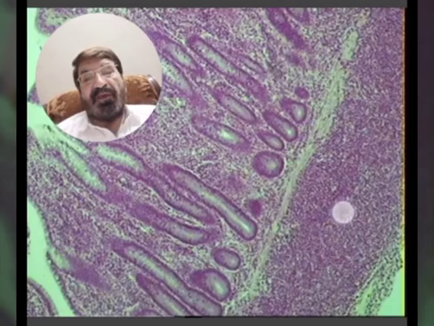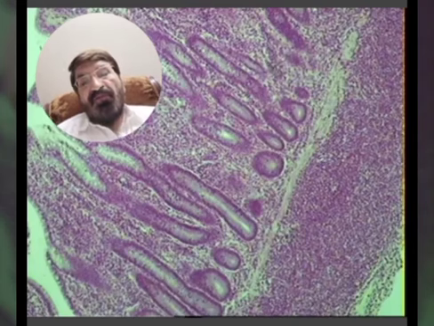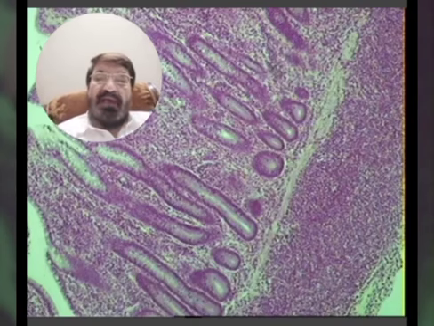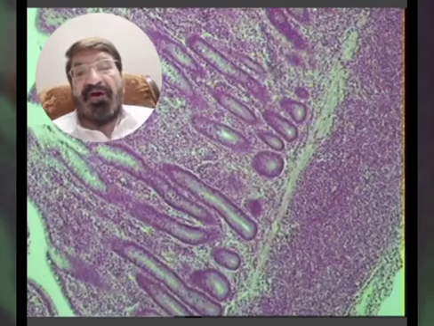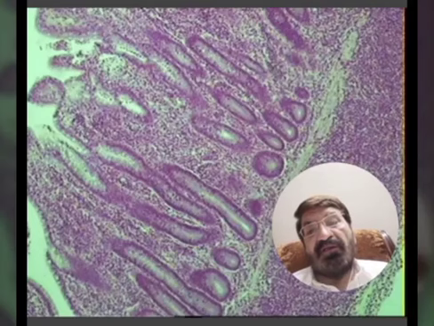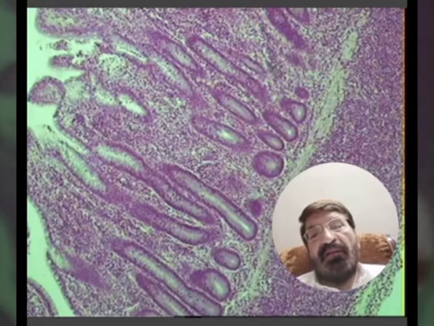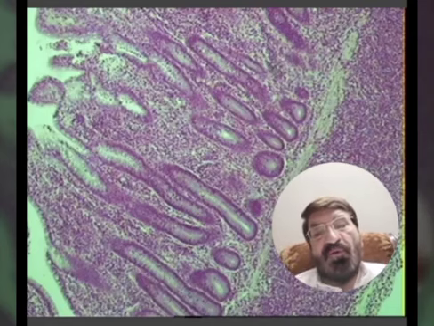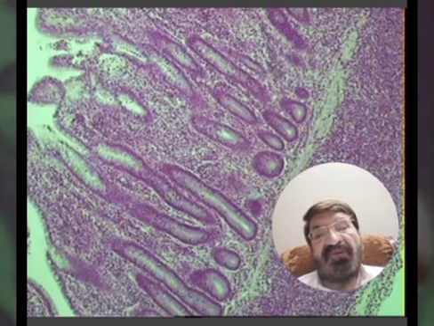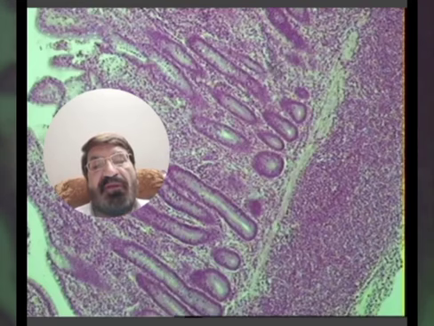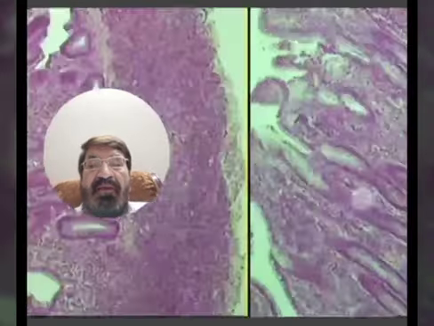This is the lamina propria, this is the submucosa. So in the submucosa as well as the lamina propria, there are a lot of lymphocytes, and this is the identification point of the ileum. In the ileum there are drumstick-like villi. You can see these villi are few and far between, and also not so long. So these are the drumstick-like villi. This is the mucosa, this is the submucosa, then comes the muscularis externa, and then the serosa.